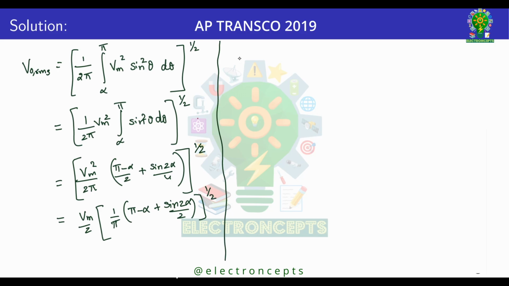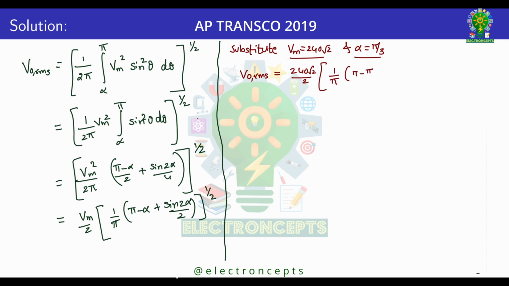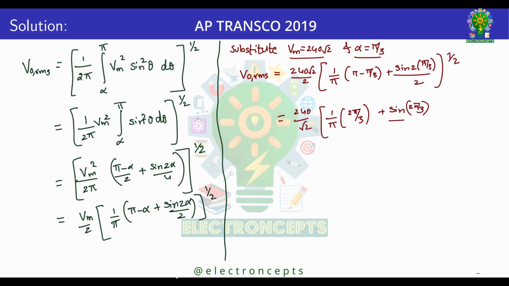Substituting Vm is equal to 240 root 2 and alpha equal to pi by 3. V0 RMS is equal to (240 root 2 by 2 into 1 by pi into (pi minus pi by 3 plus sin 2 into pi by 3 by 2)) whole power 1 by 2, which is equal to 240 by root 2 into (1 by pi (2 pi by 3 plus sin 2 pi by 3 by 2)) whole power 1 by 2, which is equal to 240 by root 2 into (2 by 3 plus sine 2